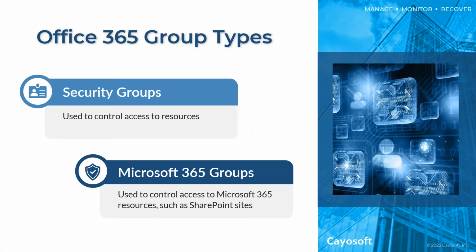So now when we move into the Microsoft 365 environment, we've got completely different types of groups. You still use groups for access control in the Microsoft 365 cloud, but the group types themselves are different from what you have on premises. So you've got two types of groups that you have to worry about in the Microsoft 365 cloud. There are security groups, and that's just a basic group that lets you control access to resources. And then you've got a newer group type. It's not really new at this point, but newer, called a Microsoft 365 group. And a Microsoft 365 group is used to control access to Microsoft 365 resources. I'm talking about things like SharePoint sites and other types of Microsoft 365 structures.